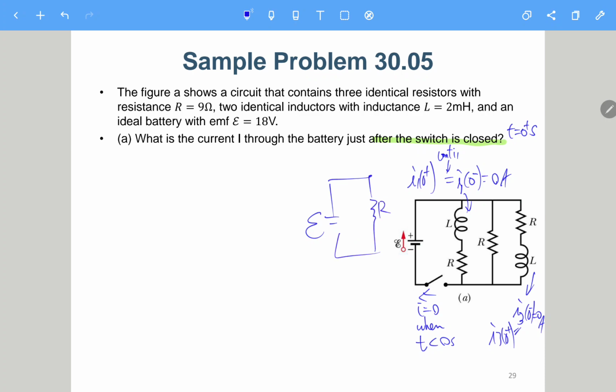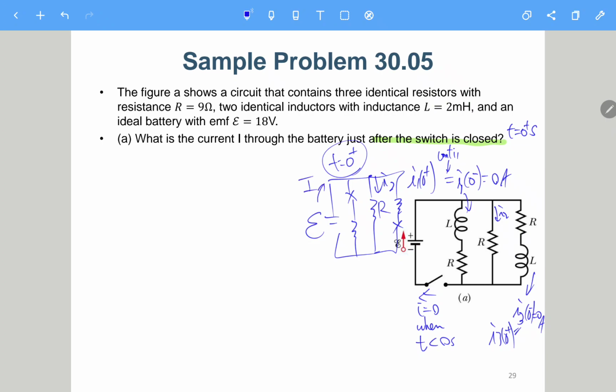Only the middle one. So this is I2. I1 and I3 are just like a resistor, but this one is still open at t equals 0 plus. And this one, R is here, and this is still open at t equals 0 plus. So we can just ignore the left path and the right path, which means that